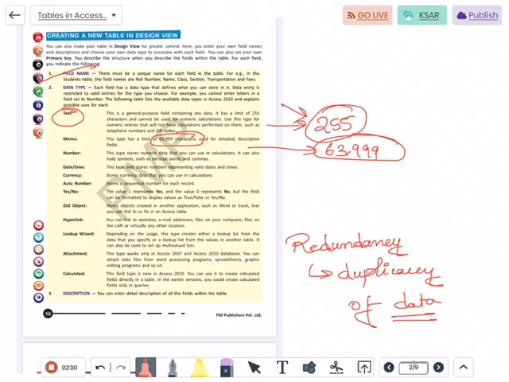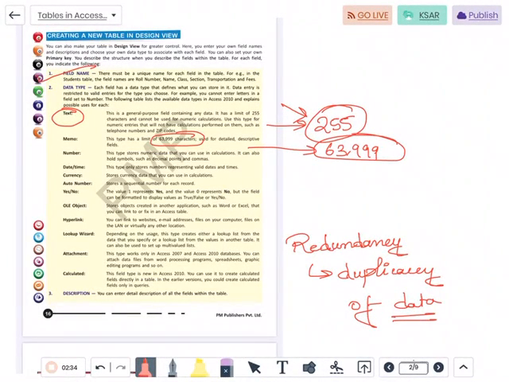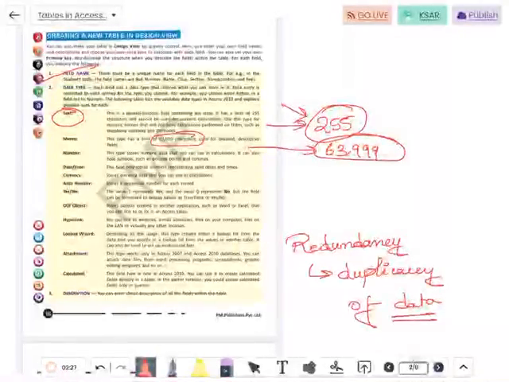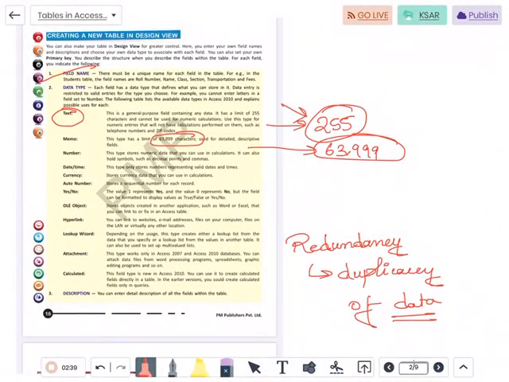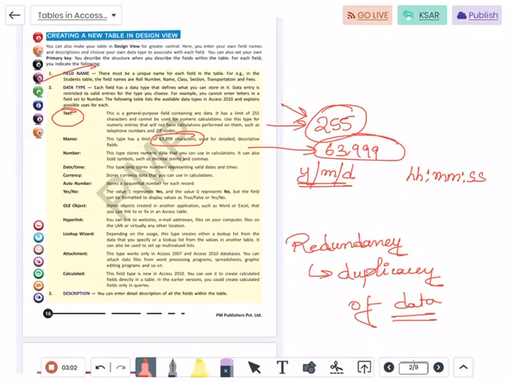Now, date or time data type is obviously, as the name suggests, used to store date and time. Time is normally stored in the format hour, minute, seconds. But in Access, the date format is different. It follows YMD format. That is, year will come first, then month, then date. In terms of storage, mind you, but at entry you can type it in the normal way.